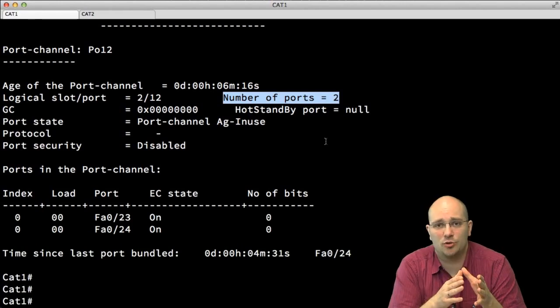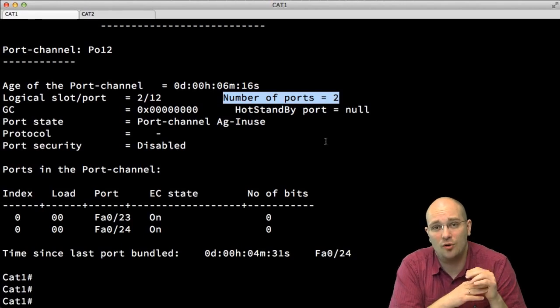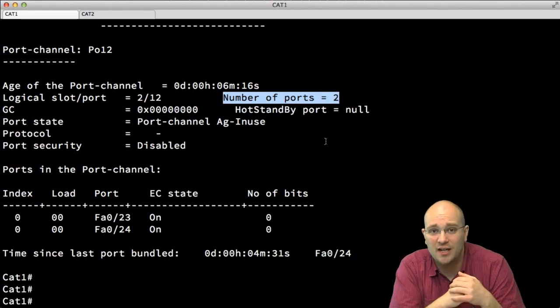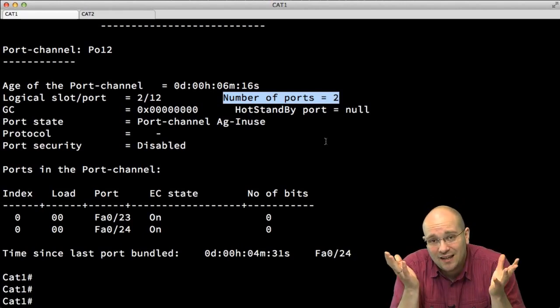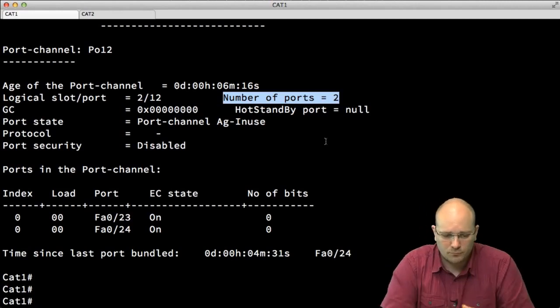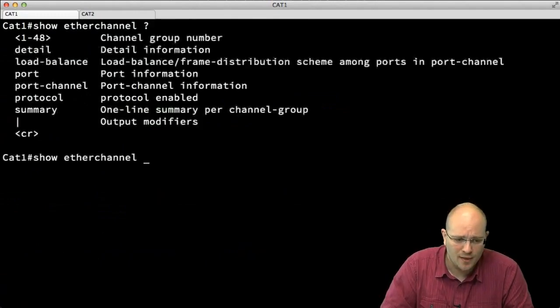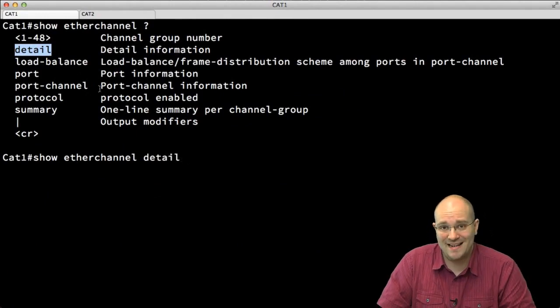You can do that on a 6500 switch, but you cannot do that, unfortunately, on 3560 and other desktop switches. It's just a sad fact of life. But moving on, there is another command that can show you the output of these two commands combined, and this